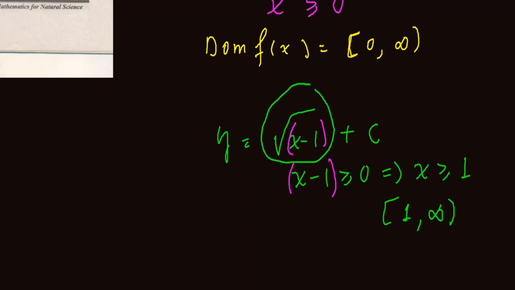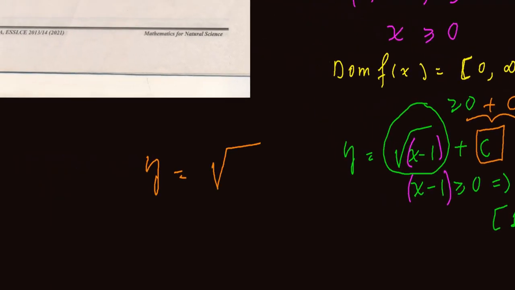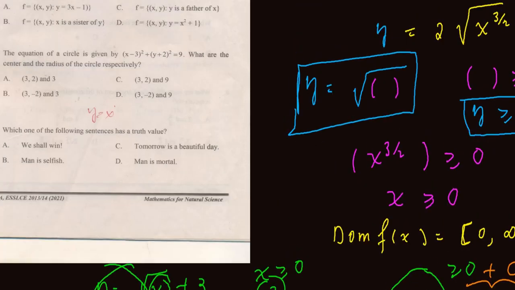ነገር ግን ሬንጁ ይሄ ከስኩዌር ሩት ስናወጣው ሁል ጊዜ greater or equal to 0 ነው ፕላስ this number c አለ ኮንስታንት፣ ይሄ ኮንስታንት አለ። ስለዚህ 0 ሲደመር c this will be greater or equal to c ነው። ስለዚህ ስኩዌር ሩት ፈንክሽናችን ፒውርሊ ስኩዌር ሩት ነው የሚባለው እንደዚህ ስኩዌር ሩት ውስጥ የሆነ ኤክስፕሬሽን ሲሰጠን ብቻ ነው። ነገር ግን ለምሳሌ c ን -3 ብናደርገው then our range will be all numbers greater or equal to -3 ይሆናል ለዚህኛው ፈንክሽን ማለት ነው። ስለዚህ የመጀመሪያው ጥያቄ አንሰር ሲ ነው የሚሆነው።